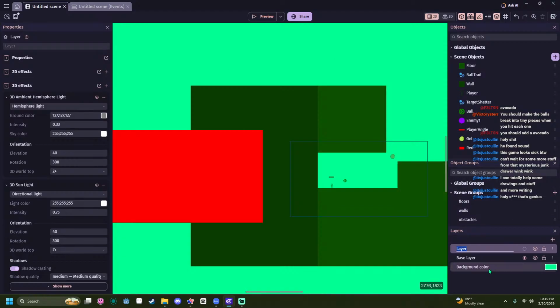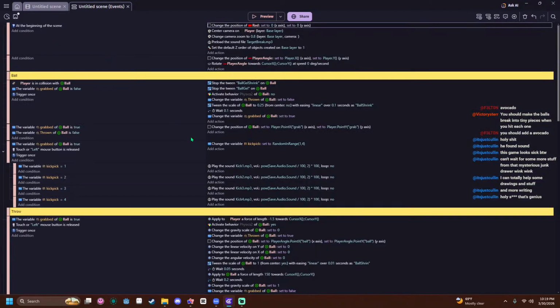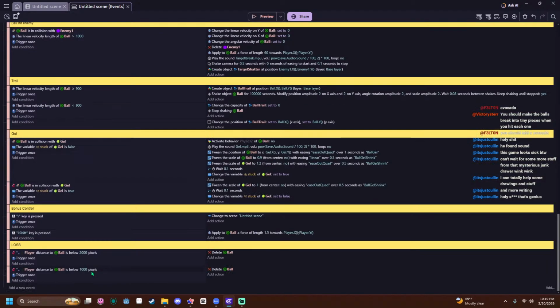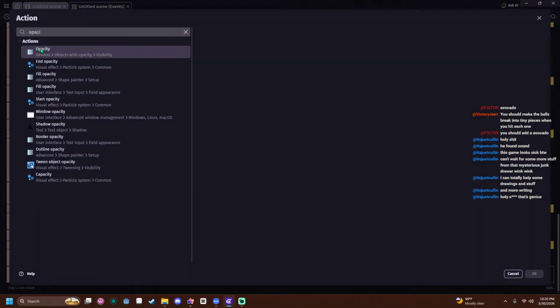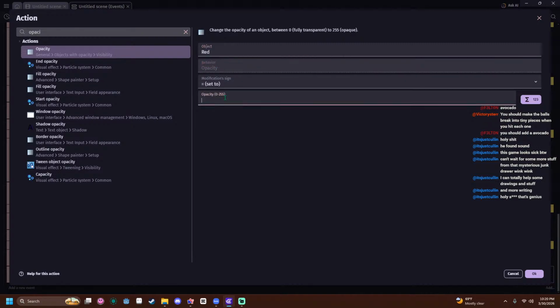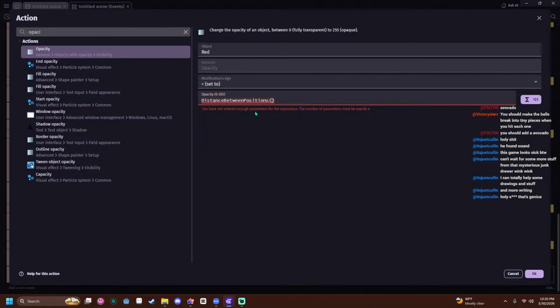We need a new layer. Call it UI. This needs to be on it, so now it should actually cover the entire screen. Okay, but it needs to start off at 0 opacity. So opacity of red set to distance between two positions. Wait, how is this written?